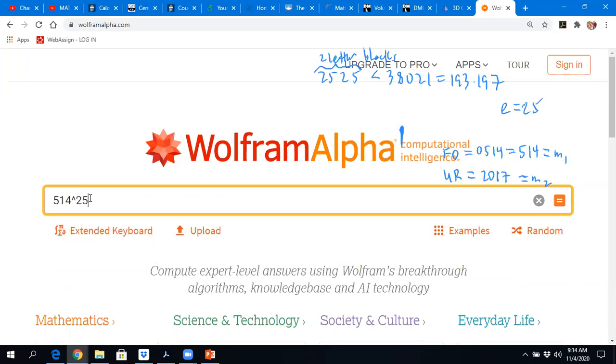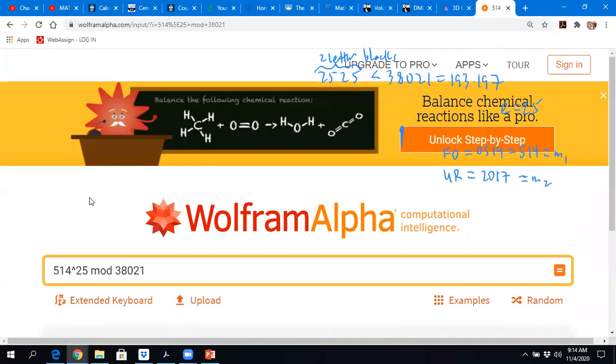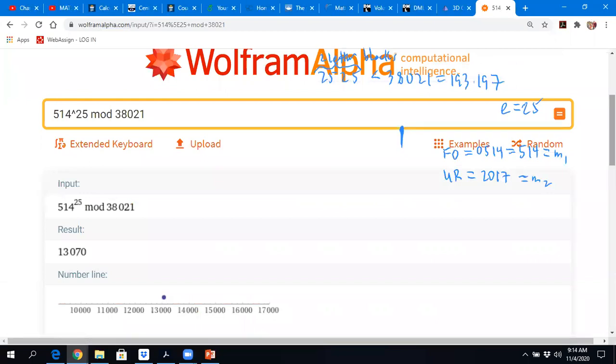Okay, 514 raised to the 25 mod 38021, and we got this: 13,070, right? So that's the thing we would send across. That would be like C1. C1 is equal to M1 to the E mod N. And in this case, that ends up being